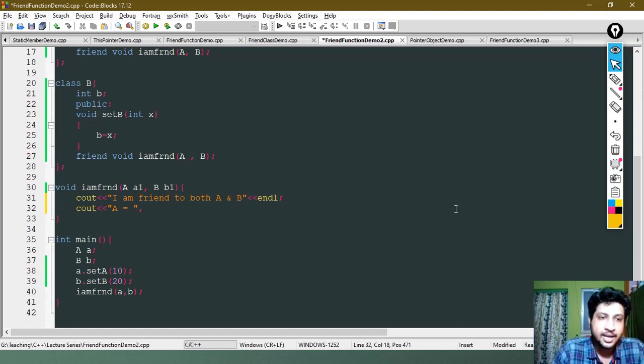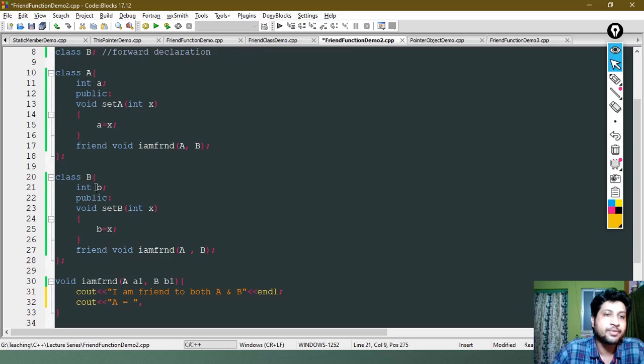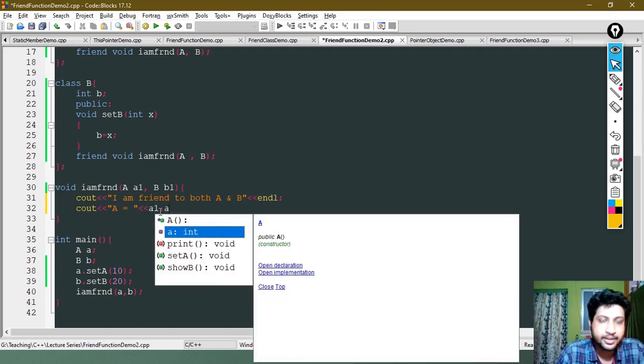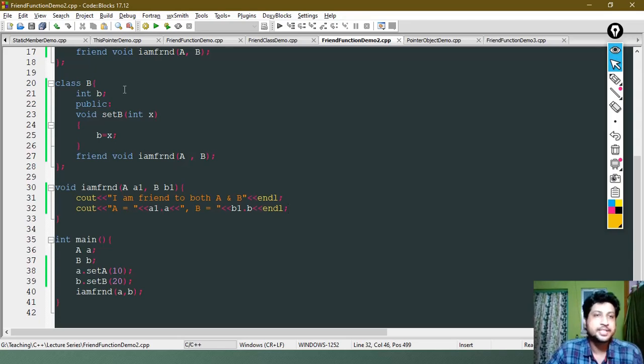We are trying to access A1 dot A, that is the private member of class A, and the private member of class B, that is B1 dot B. Then endl. So now if we execute this particular code,